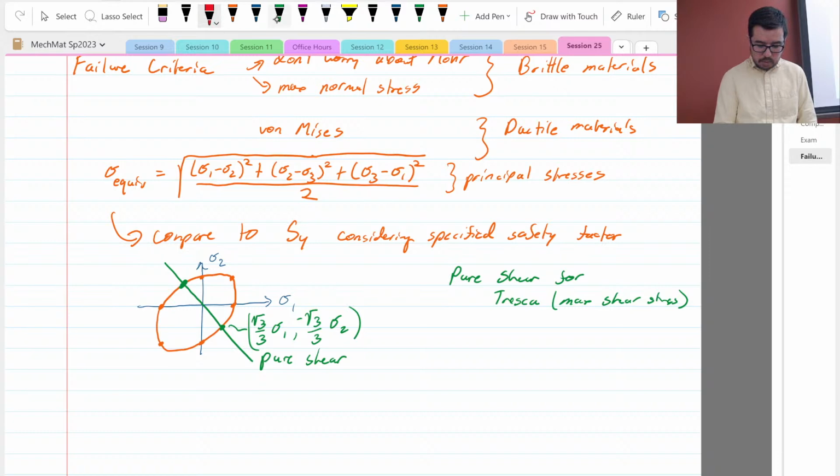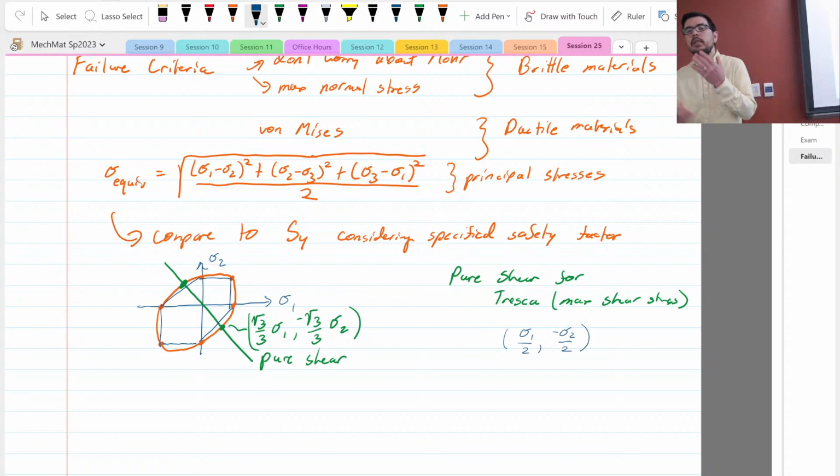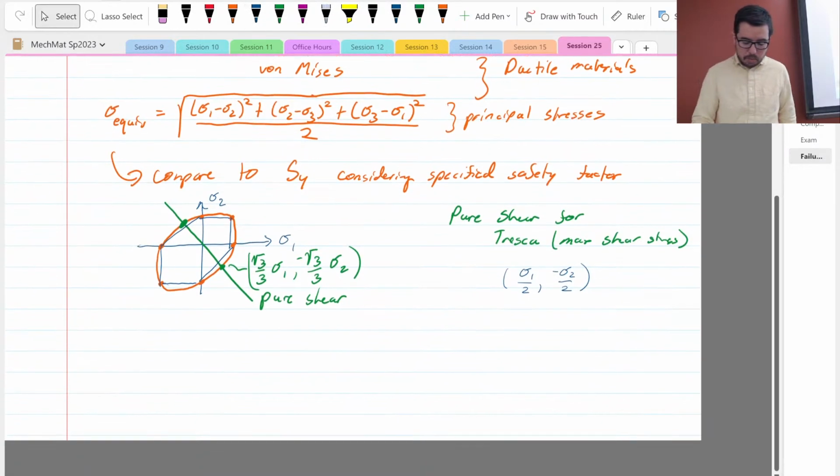Tresca looks like this. So pure shear for Tresca, that happens at sigma 1 over 2, comma, minus sigma 2 over 2, right? And this makes sense, because if we go back to the Mohr circle,